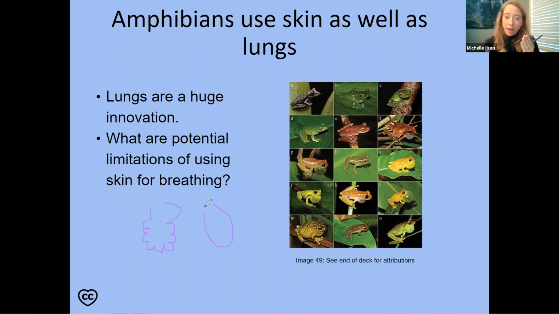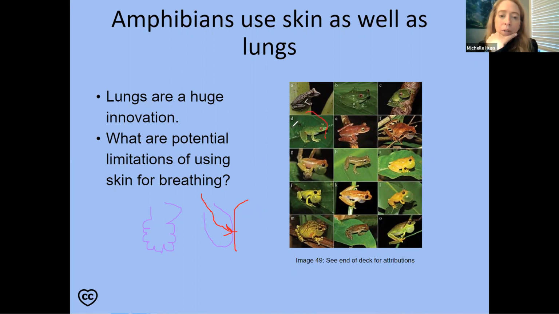And the air comes inside the body. Gas exchange occurs along the lining of the lung. Very cool. How does it work? The gas comes in. Okay, I'm going to draw it. Let's do it like this. So the gas comes in, right? Here's air. It's oxygen and stuff. The gas comes in right here, and it'll diffuse right through, and it'll go into their bloodstream, and off it goes. That's how gas exchange occurs, okay? With lungs. But they have less surface area on their lungs. Their lungs aren't quite as good.